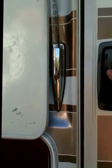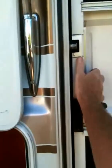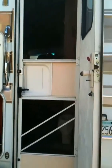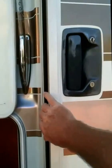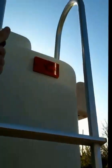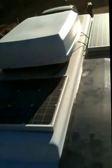And then the door, standard. Open the door, it plugs into a little spot there to hold it open, and then you can close the screen if you need to. So screen door on the back. And we'll go up the ladder here, hopefully without breaking anything on us, that is. Alright, everything's